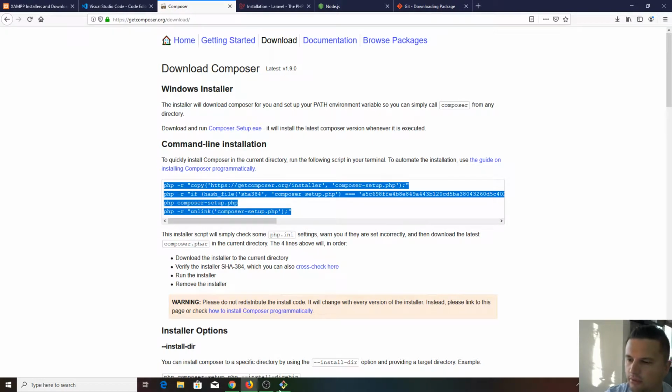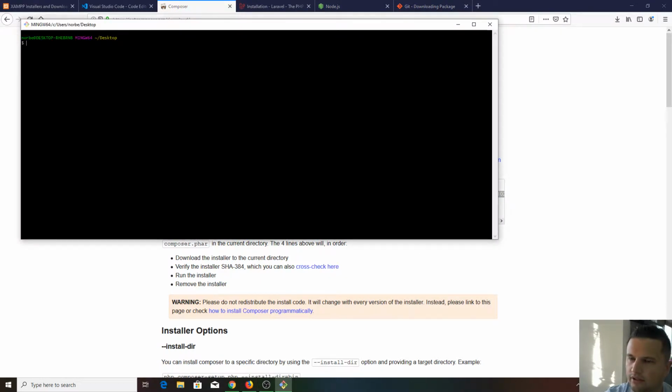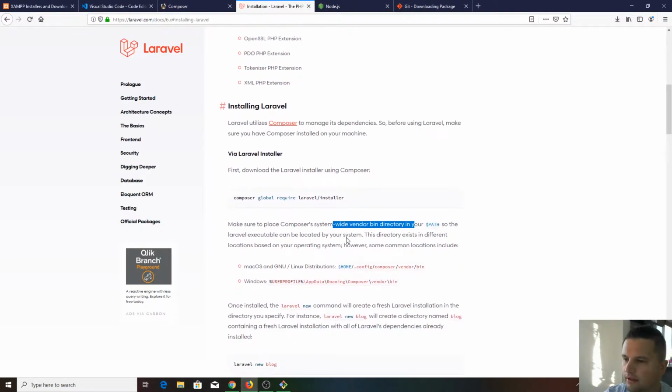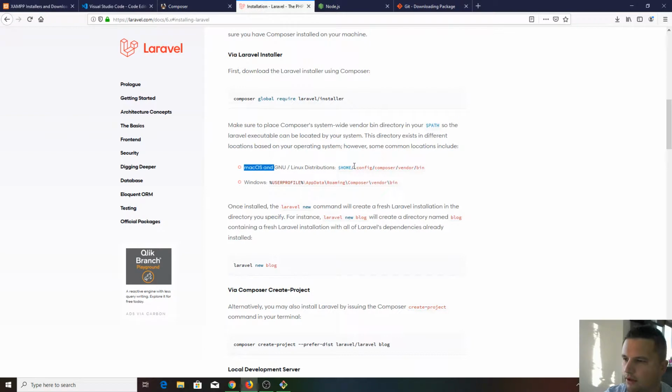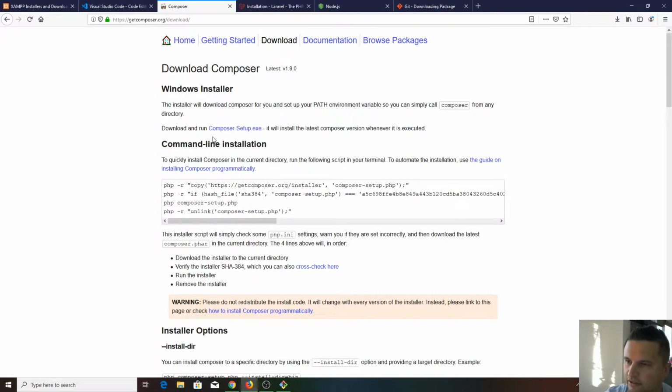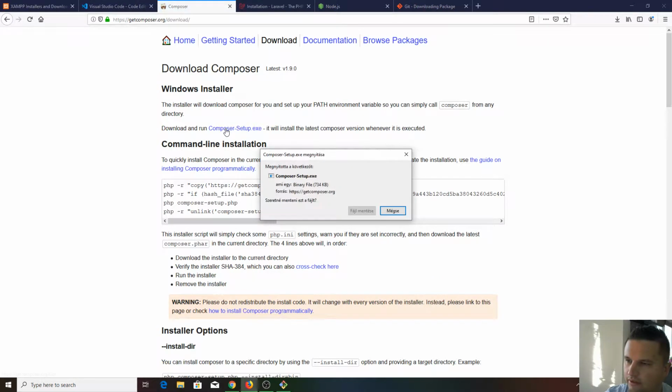You just need to copy it, paste it here in your command line and run them. And as you can see, for Mac OS you can make Composer system-wide with this command line. So again, you just need to copy, paste the command line, run it, and that's it. Also you can find it for a Windows user, but I do it the easiest way, so I'm gonna download this executable file,